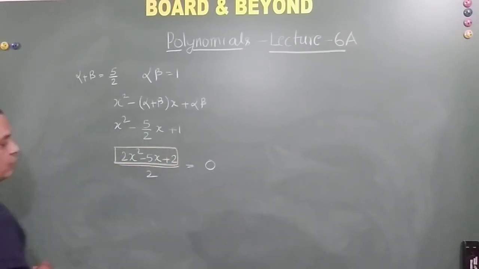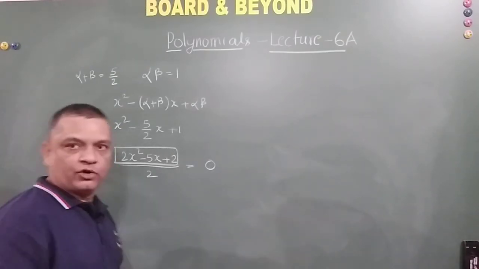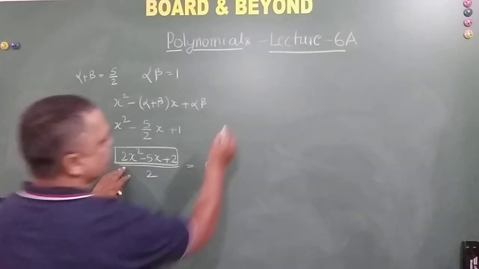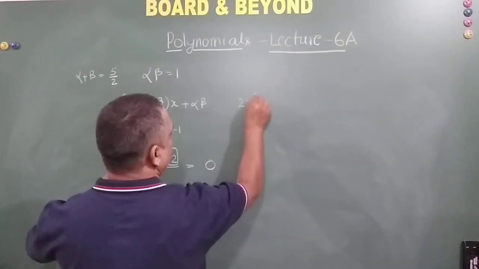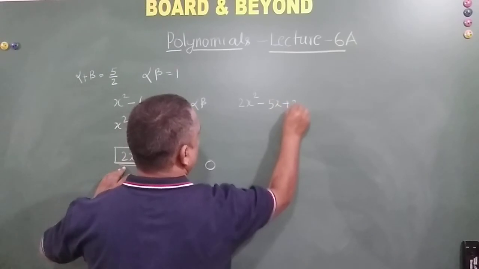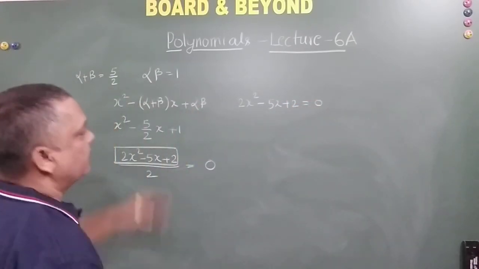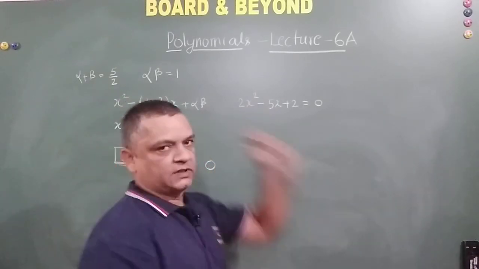And what I am trying to do, I am trying to solve the other part of the question, which says that find the zero of the polynomial as well. So this leaves me with 2x square minus 5x plus 2 is equal to 0. I am taking to the side. Right? Now we are expected to find out the roots for this.